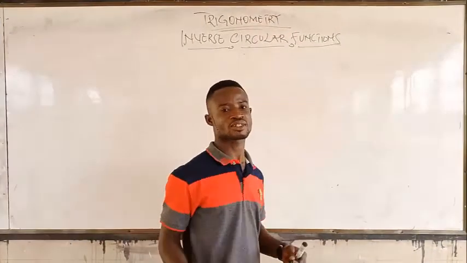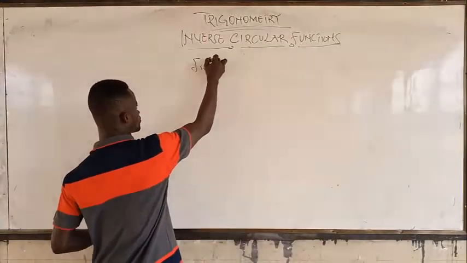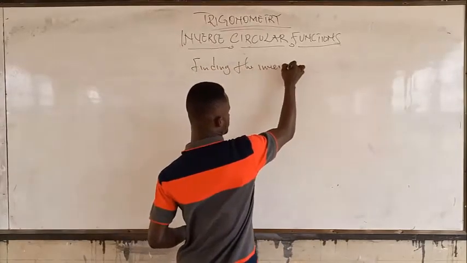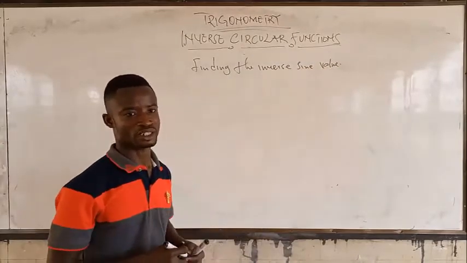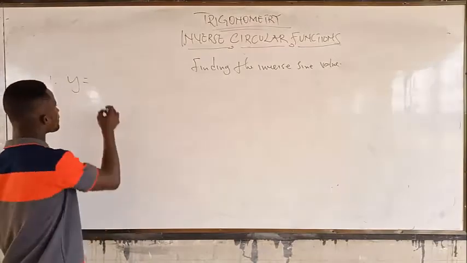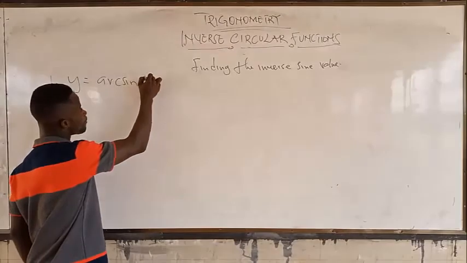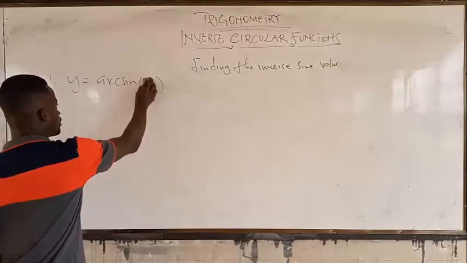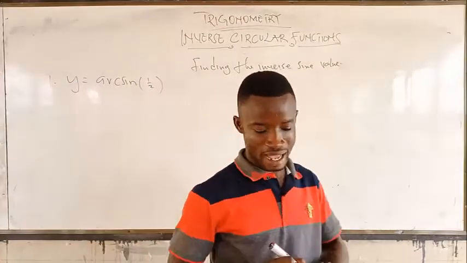Okay, so now let's first look at finding the inverse sine value. The first one we are going to look at is y is equal to arc sine 1 over 2. And we know that that is the same as